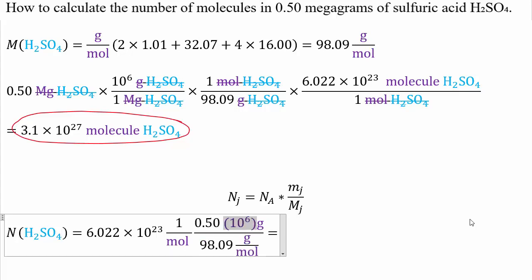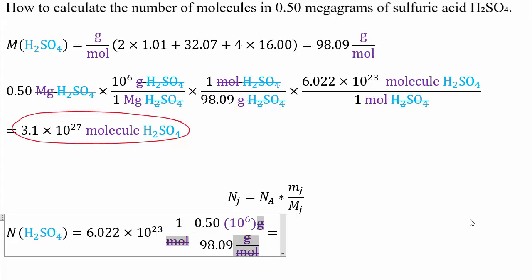Additionally, we substitute mega with its definition, which is 10 to the power of 6 positive. This comes from the table of decimal prefixes. Note that in this method the identity is contained in the dependent variable and does not need to be placed in the operational terms. When performing the dimensional analysis, the units cancel out, which makes sense because